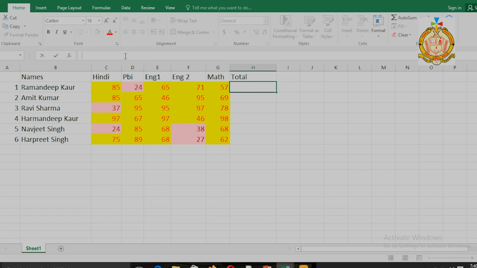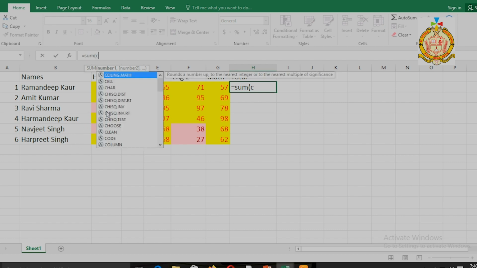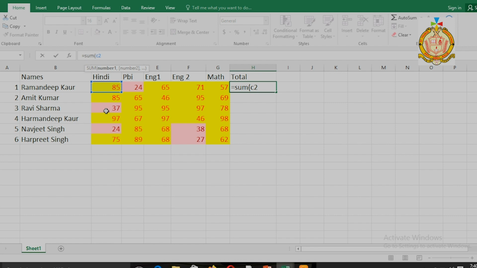Now I'm using another procedure, with C2 to our last cell G2, and 302, so this is the answer.